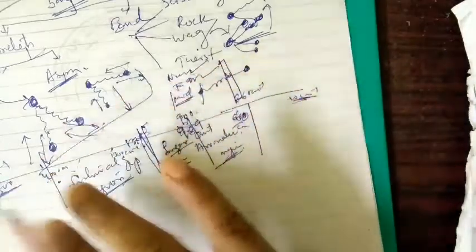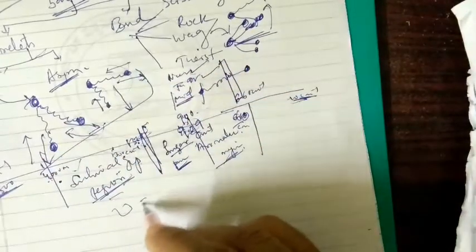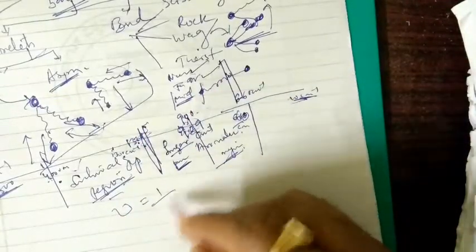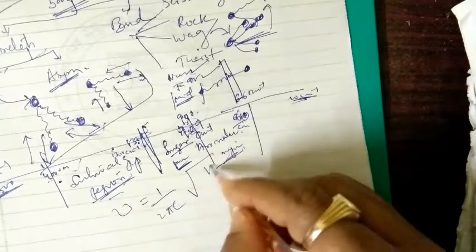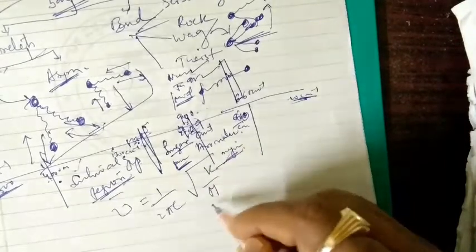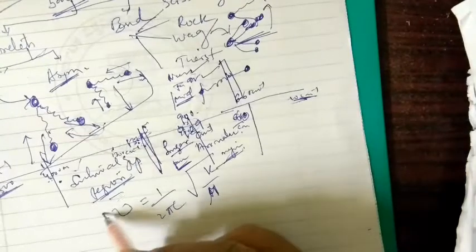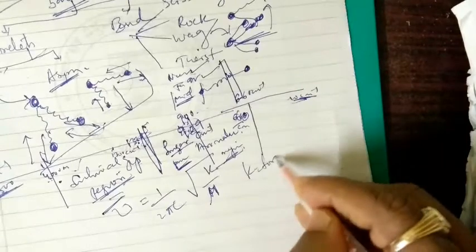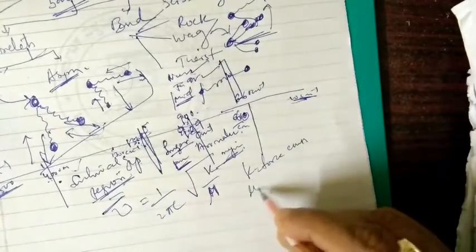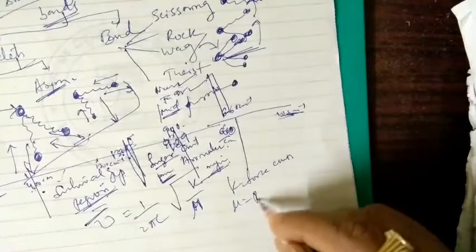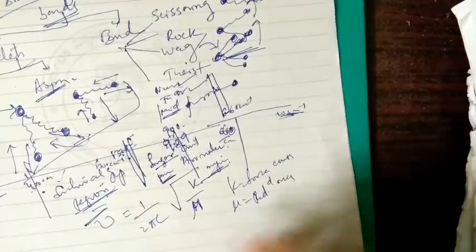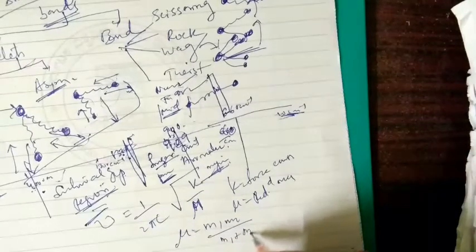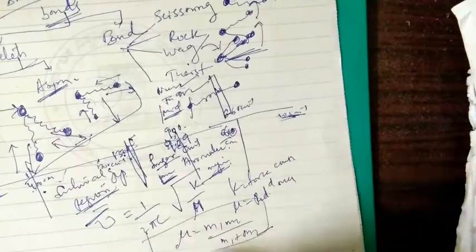So this is what we can see, that the frequency or wave number can be derived, and the wave number is given by 1 by 2 pi c into root of k by mu. What is this? It depends on 1 by 2 pi c root of k by mu, where k is called the force constant and mu is nothing but the reduced mass. We will learn about this reduced mass: mu equals m1 m2 divided by m1 plus m2, okay.